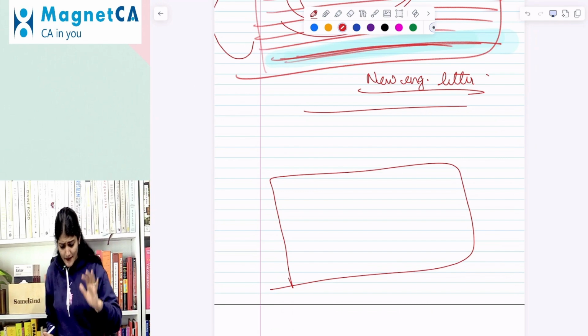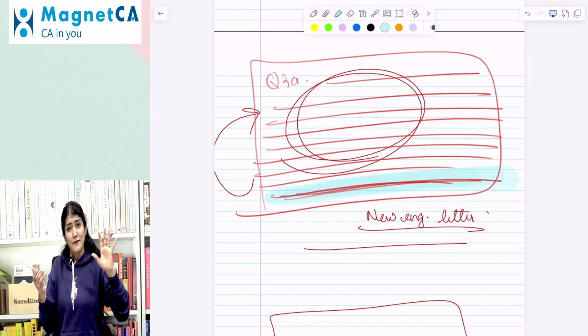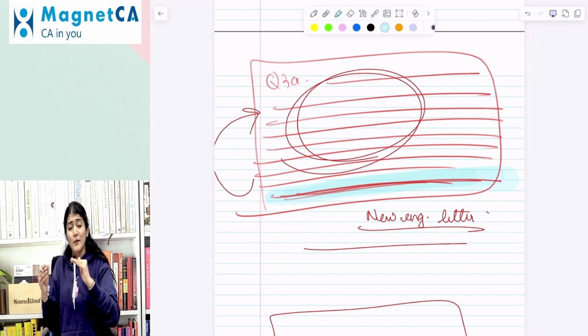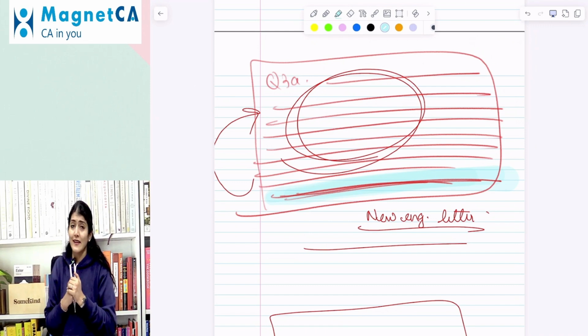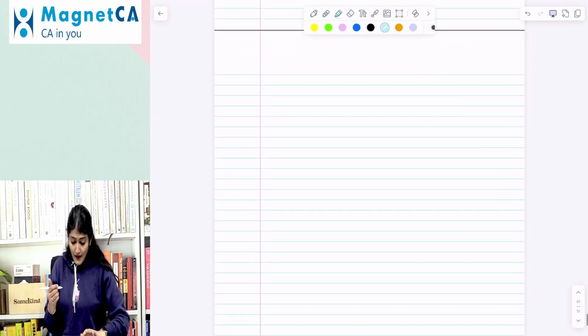You just eliminate the part of the story writing that they've done. Read the last line of the question first. If that is serving your purpose, go ahead. If it is not working, then you go and read the case study. You follow? You follow, right? What I say. Okay. Right. So now let us come to the